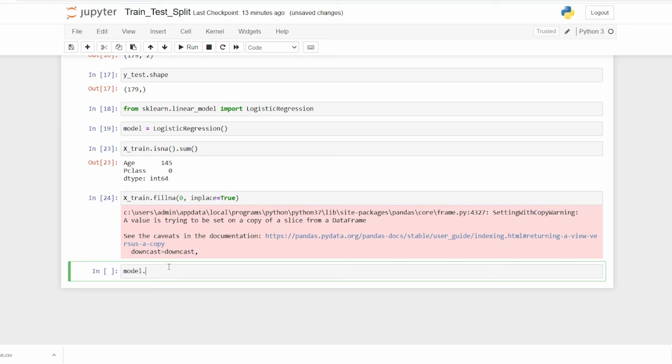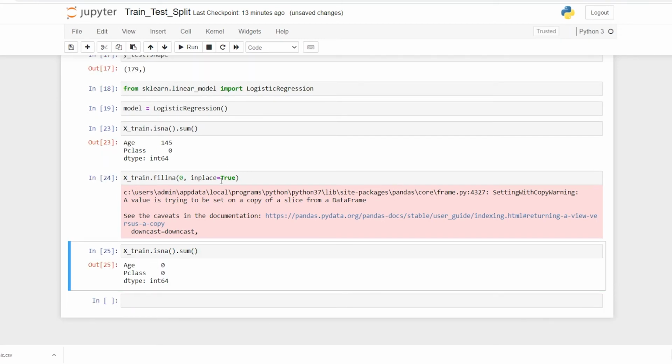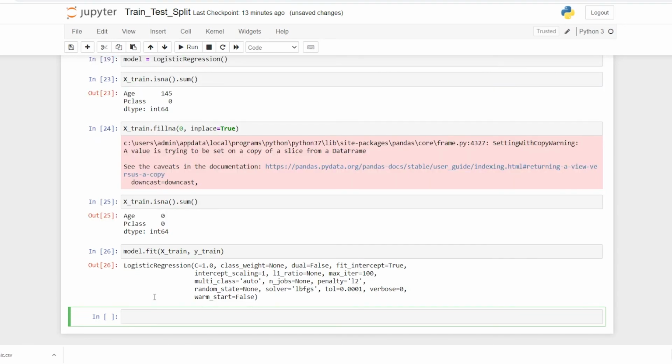We are going to cover each and every single aspect in order to make this model good for running. And now first of all, let me check it. Okay, so I'll say xtrain.isna().sum(), and we have it. Since I have replaced the null values with 0, the model is going to be pretty bad. I know that this is not the conventional method that we should be following. So I'll say now model.fit, and I'm going to pass it xtrain and ytrain, and we have it.